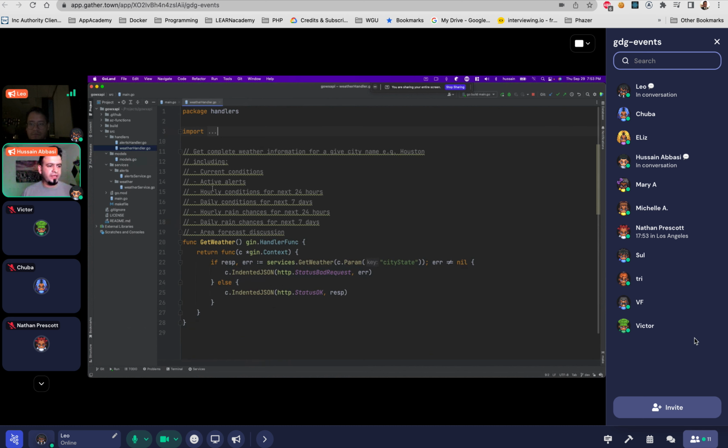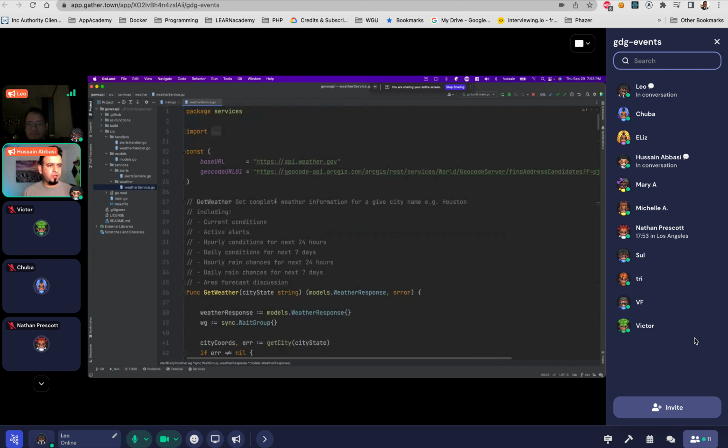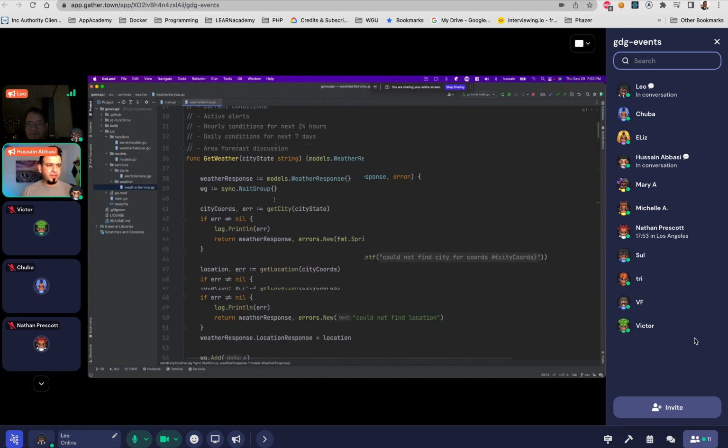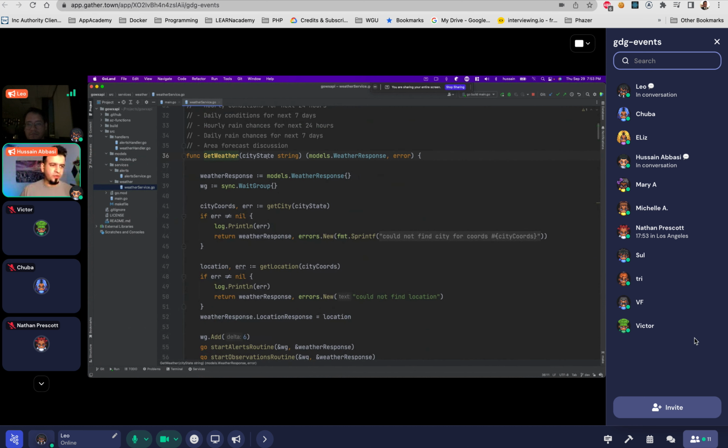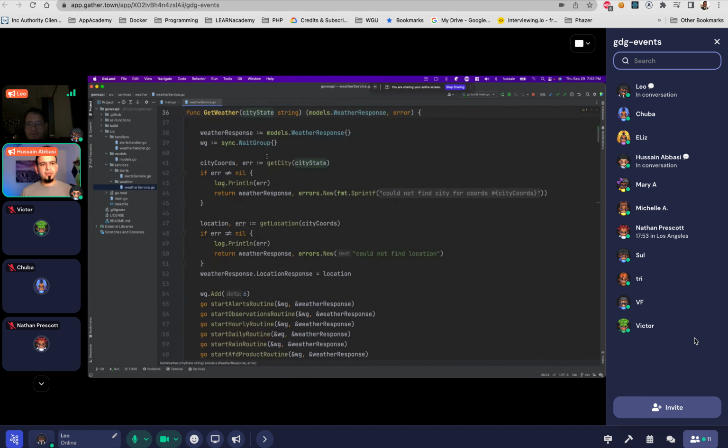But if we look at the weather service, this is pretty involved because, as you would imagine, it's doing a few things, right? So if I say get weather for a city, there are two things I cannot do in parallel because they depend on one another. So what I'm going to do is I'm going to start my response. I'm going to start a wait group. But first, I need the coordinates. So I'm not going to spin up any Go routine or anything. I could, but I don't have to. Best practices, if you can do it yourself, do it yourself.